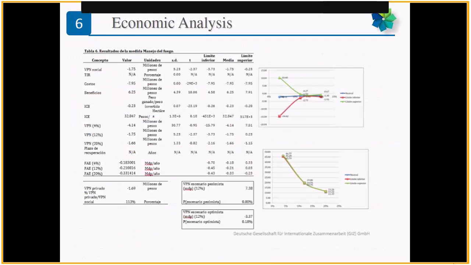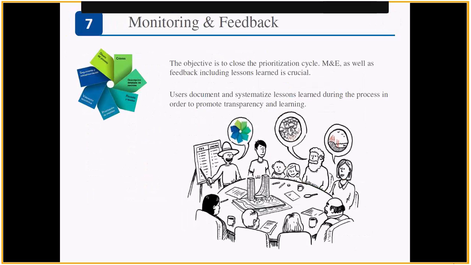Okay, so we can go to the next chart. The next chart is a diagram of the results and of the Excel sheet, and also of the online platform that you can access. You can have the results and export them to an Excel sheet and have them in a file that you can save on your computer, and then you can print and share with all your colleagues or other stakeholders involved in the process. Because it's very important to do that. Okay, then we can go to the next step.